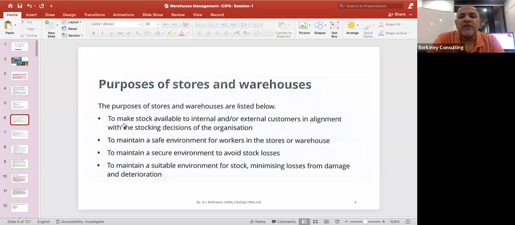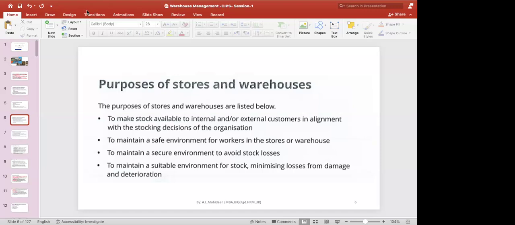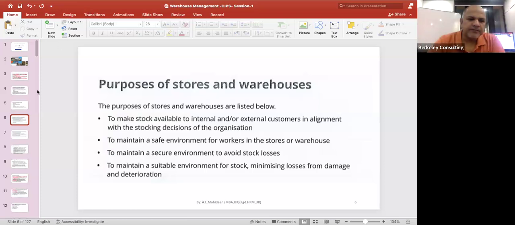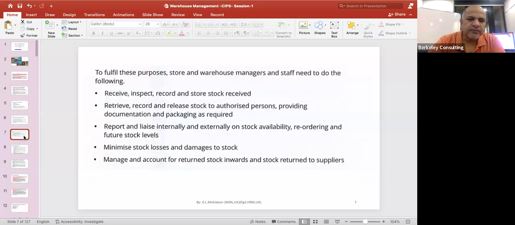Maintain a secure environment to avoid stock losses. Then you have to make sure your stocks are maintained. Maintain a suitable environment for stock, minimize the losses, damage, and deterioration. So you have to make sure things are maintained in the warehouse without any damage. Right, at the same time,